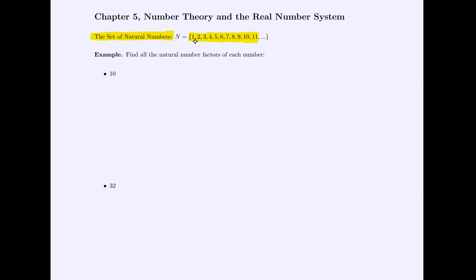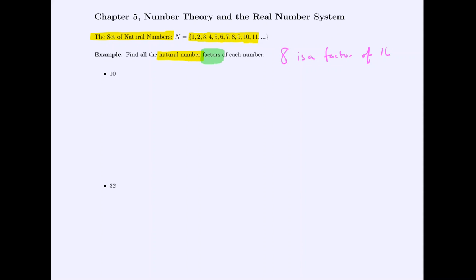Now it's important to know the natural numbers because some of our problems will use them in the description. For instance, here it says find all the natural number factors. So it's important to know what a natural number is. So it's just find all the natural number factors of each number. Factors means numbers that divide into the number evenly with no remainder. So for instance, 8 is a factor